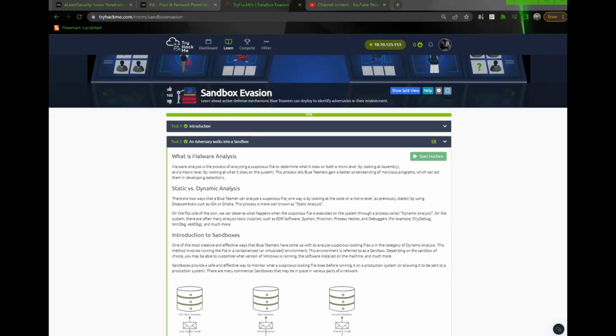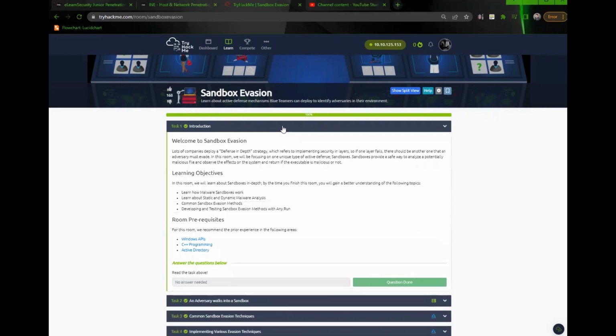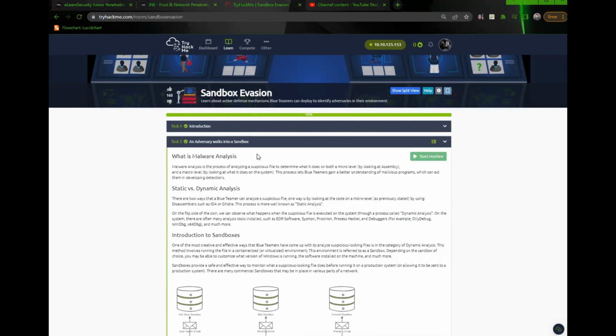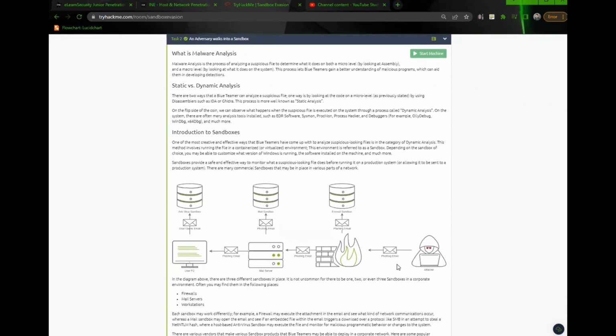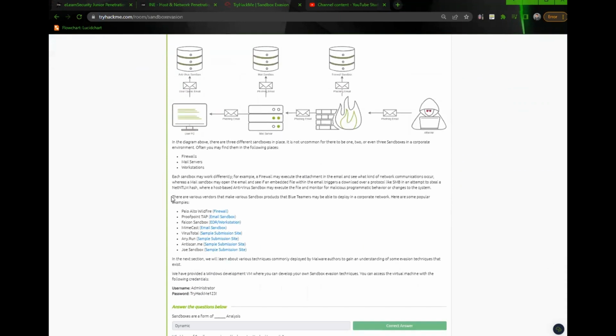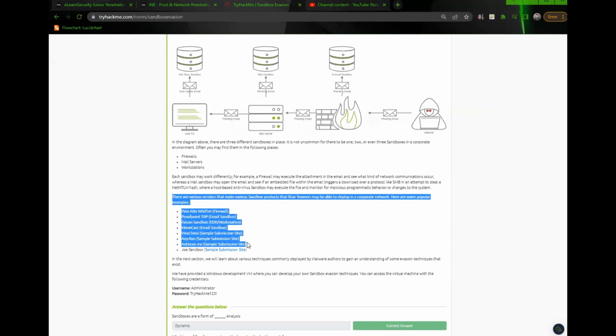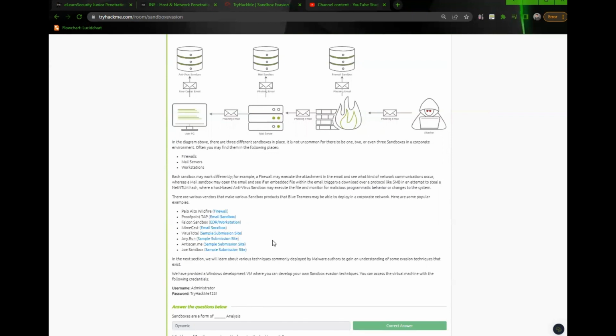All right, guys, so what we're going to do is we're just going to run through the answers for Sandbox Evasion. All right, so the intro goes over what sandboxes are. Then you have this portion here, which talks about static and dynamic sandboxes. And typically, sandboxes are run dynamically, and we'll check to see if the code or program is malicious. There's different types of products out there that can do sandboxing, such as firewalls. There are sandboxes for emails, or sandboxes for other types of antivirus